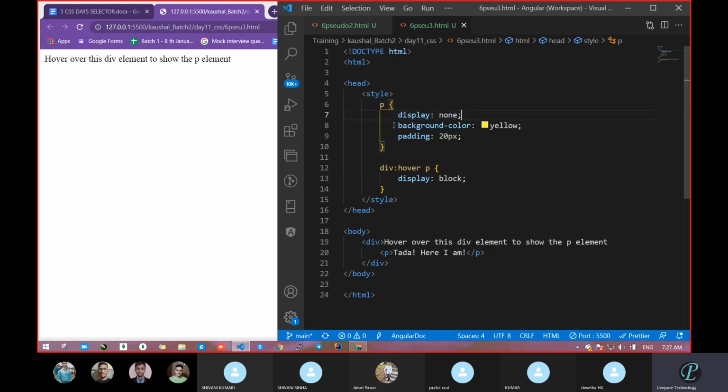So display none, background color something is given, then padding is given. And what is this one? When it is hovering over the div and paragraph section, means combinedly, because this comes under the combined parent itself. So we had to group that child relation. With the help of a space, what are we doing? Child relation or which one? Here a space is there.